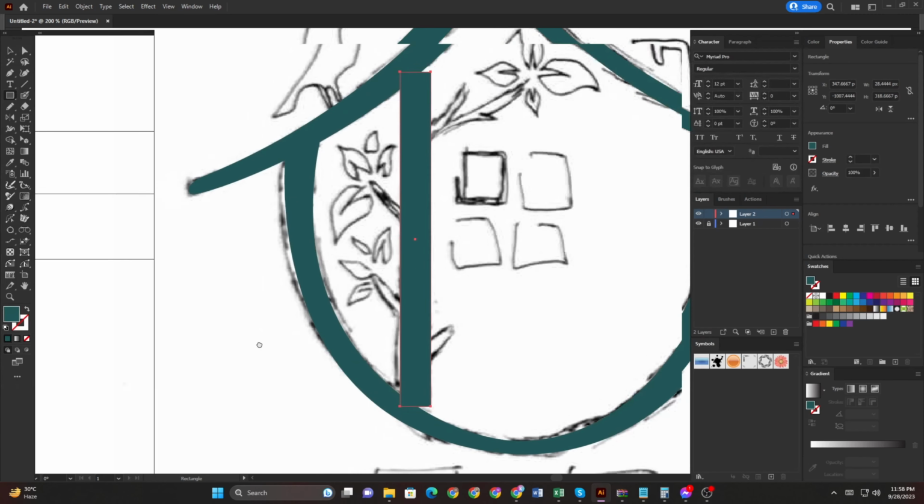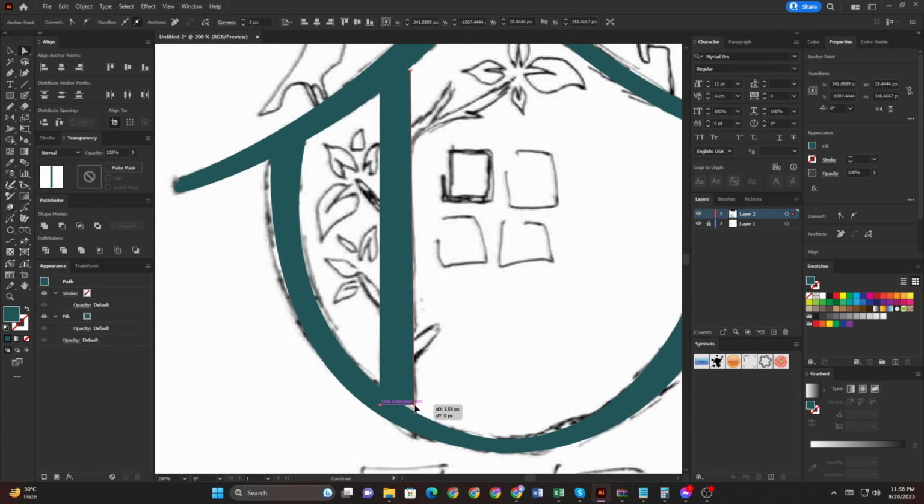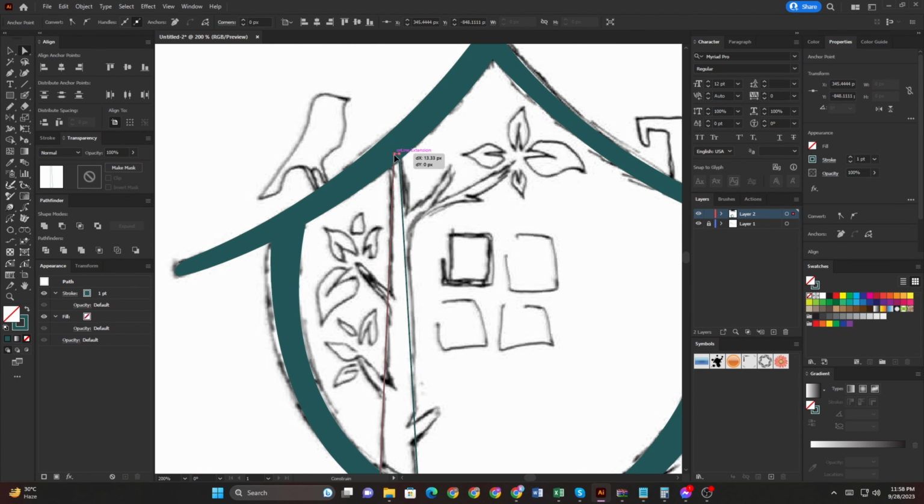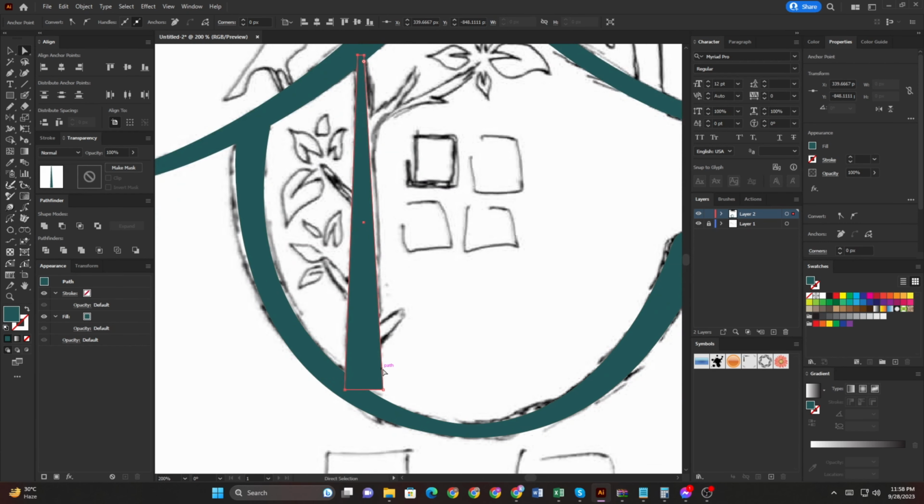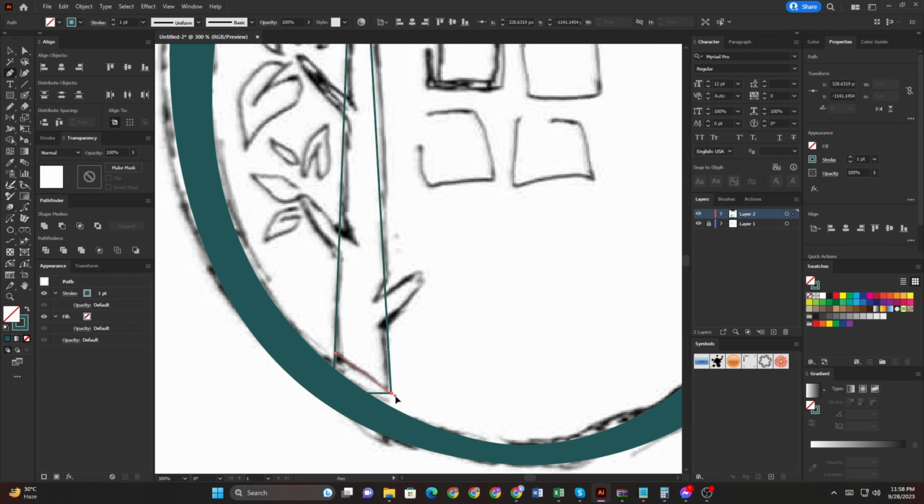Now take a shape. And I use a line segment tool.